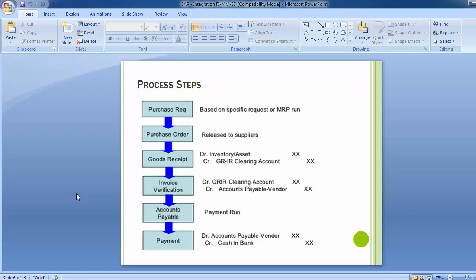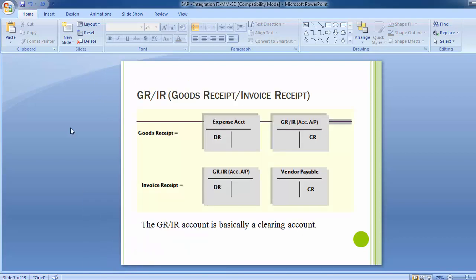Now the more important question that comes up is, what is this GRIR account all about? We'll see that in a while. So these are the process steps which are done in the SAP system. Now moving to the next slide, GRIR, which basically refers to goods receipt and invoice receipt.